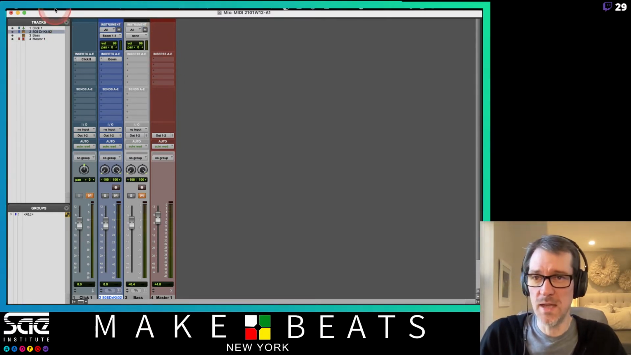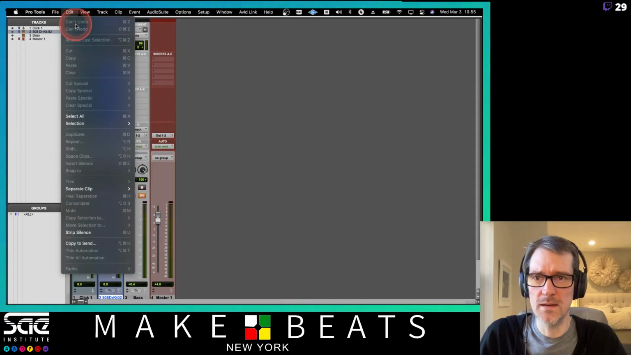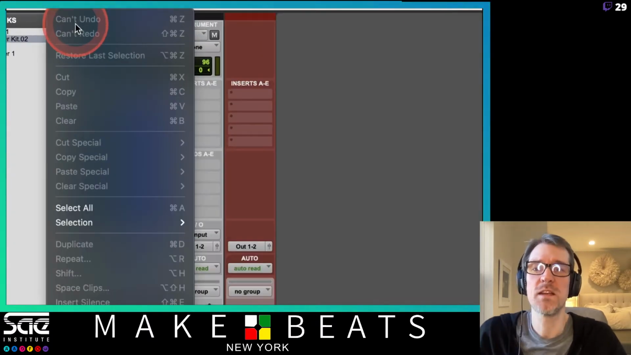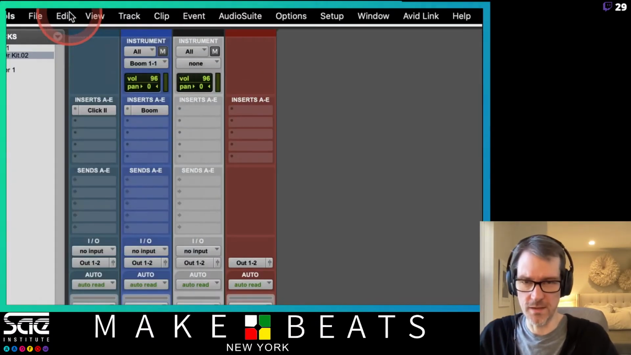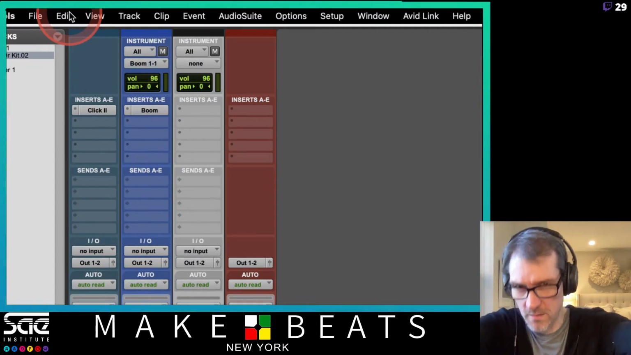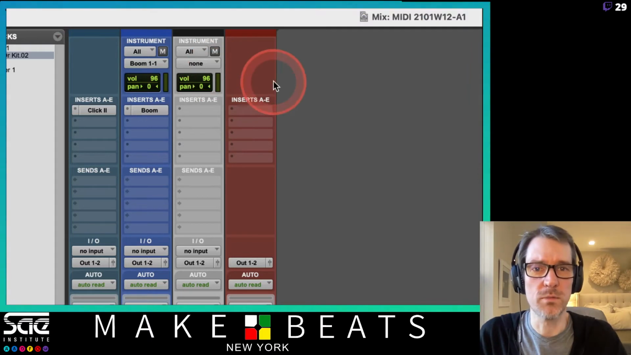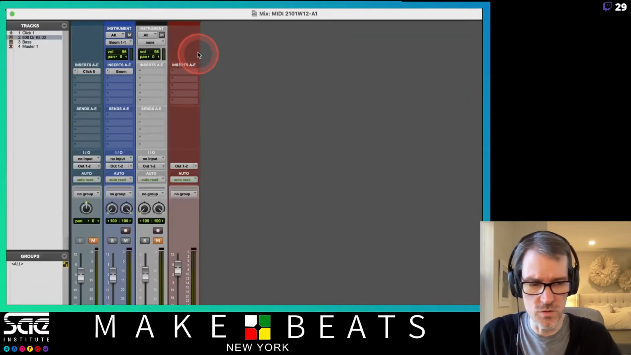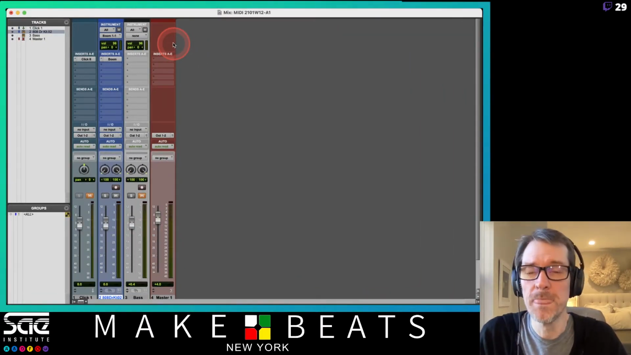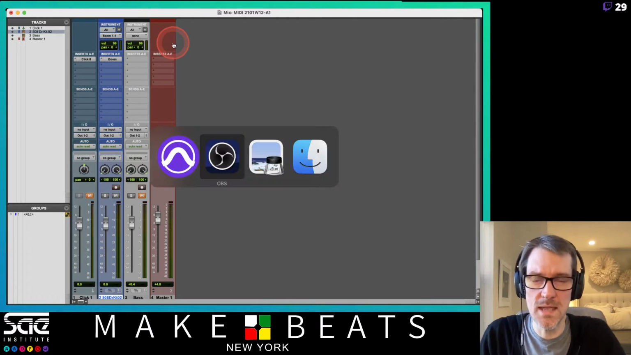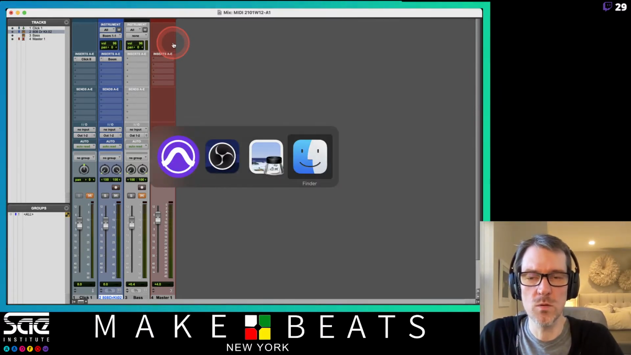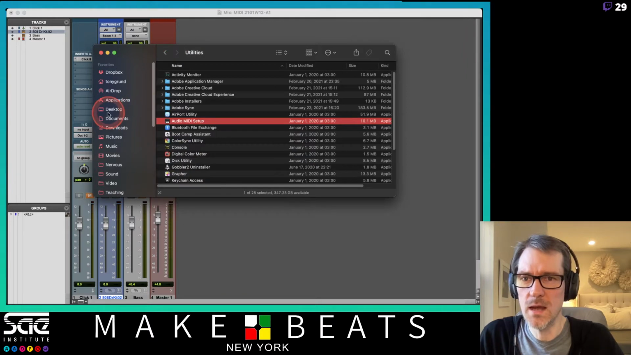I cannot hit Command Z. If you go up here to Edit, see how it says can't undo? That's because Pro Tools can't undo stuff like that. So we're kind of lost as far as bringing that stuff back. We can't bring it back inside of Pro Tools by just hitting Command Z and undoing. What we can do instead is go into our Finder,